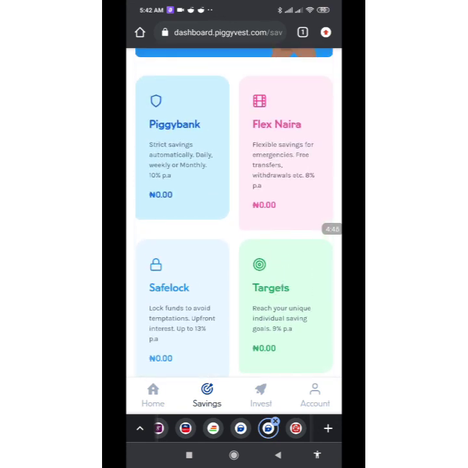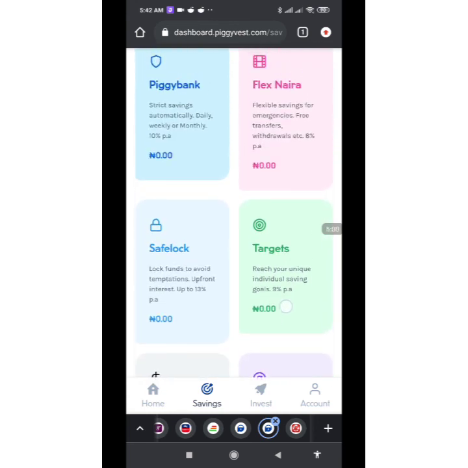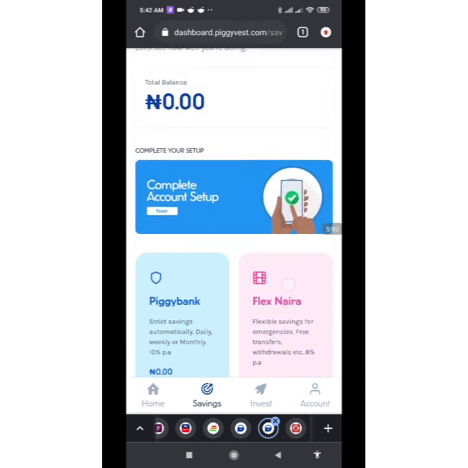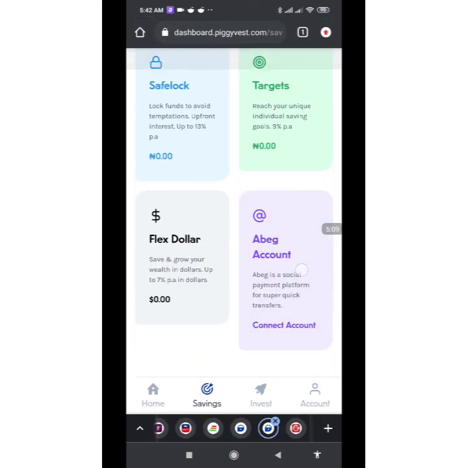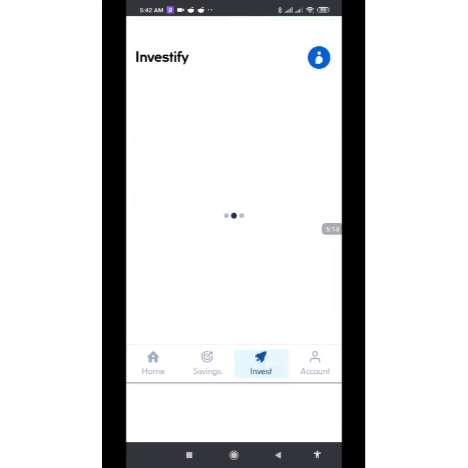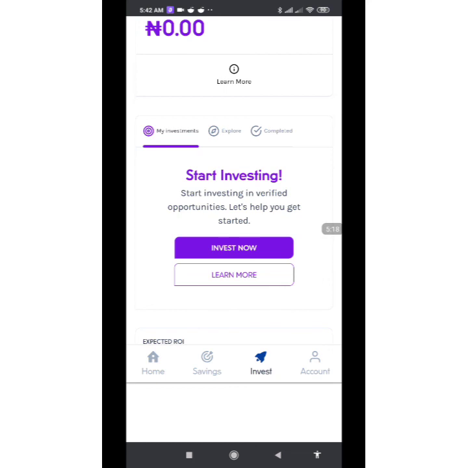So basically, Piggyvest is a better option than just leaving your money in banks. Once you're saving with Piggyvest, although it is not exactly an investment, it is just normal savings with high interest compared to banks. Okay, the good thing with Piggyvest is that they actually have investment options. See invest here at the bottom. Okay, so Investify, if you say invest now,